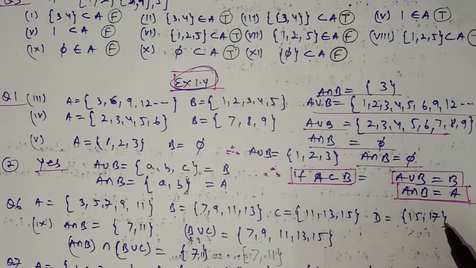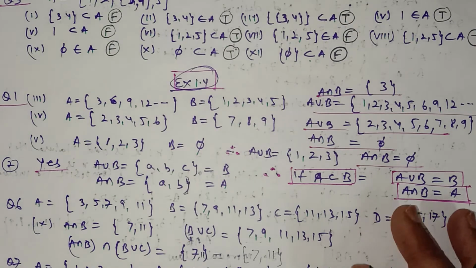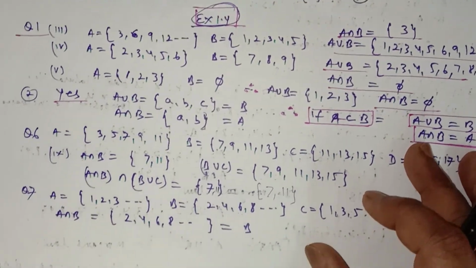This is question number 2 as well as question number 3. In question number 4, the sets A, B, C and D are given, and you have to find the unions of the sets. Question number 5 we have already discussed. In question number 6,